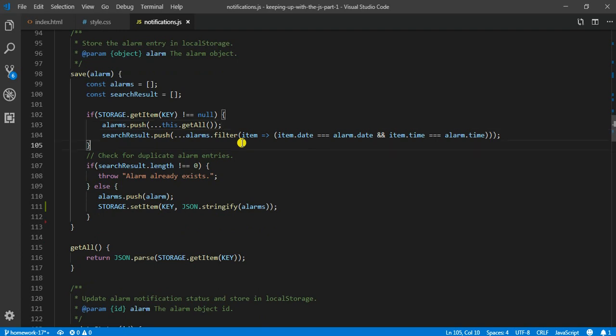Similarly, we filter the alarms array to find any matching records for the given date and time and use ES6 spread syntax to push that result to search result array. Next, we check for duplicate alarm entries. If there are no matching records in the search array for the given date and time, then push the alarm object to the alarms array,